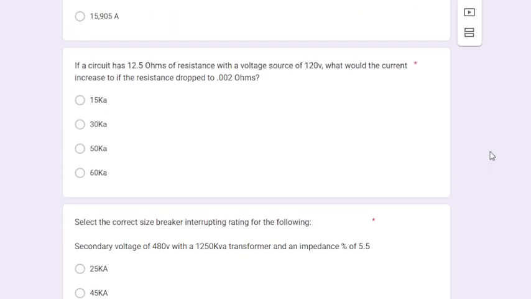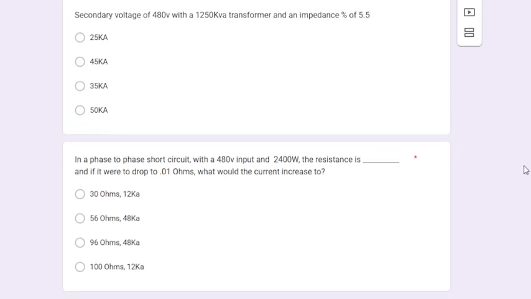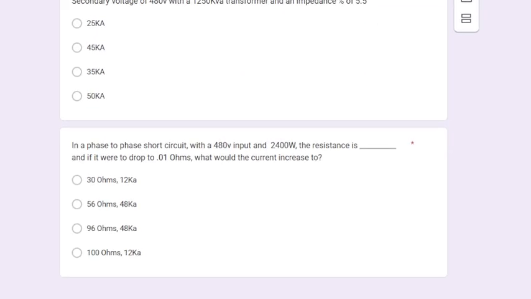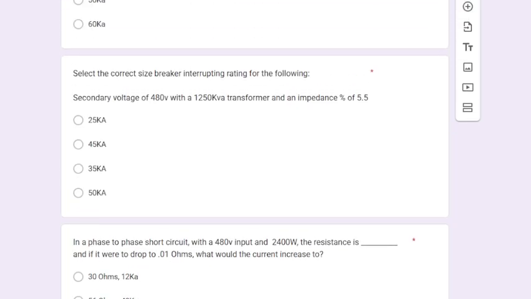Now, this question here is going back to yesterday when we lost the ohms, but now I'm giving you an ohm loss. So I'm looking for a number here based off of circuit has 12.5 ohms with a voltage of 120. What would the amperage increase to if the resistance dropped to specifically that number that I'm giving you there? All right, follow-up question just like that one is the last one there. And the one right before it is